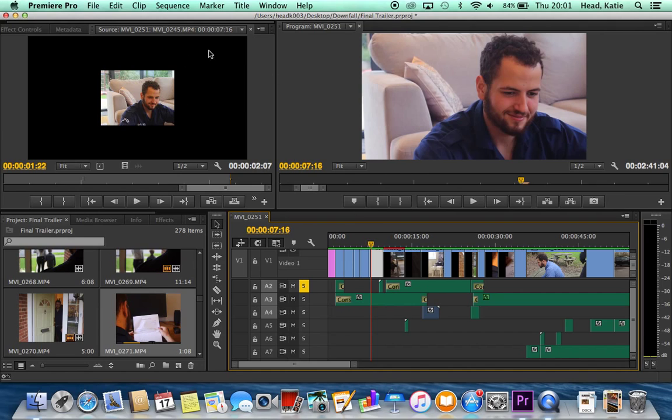As you can see, they are of two different sizes, one in the source bin and one in the final trailer. And as you can see more of my surroundings. Sorry, that's me, by the way. You can see more of my surroundings in the background of the source bin than you can in the actual trailer. Now, this is because the source bin is using the resolution that it was imported in,